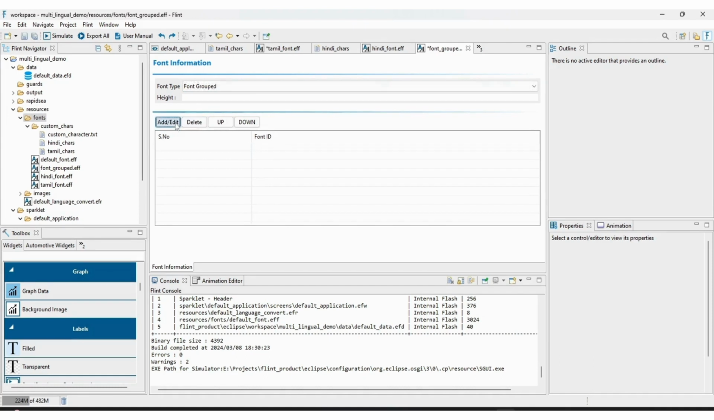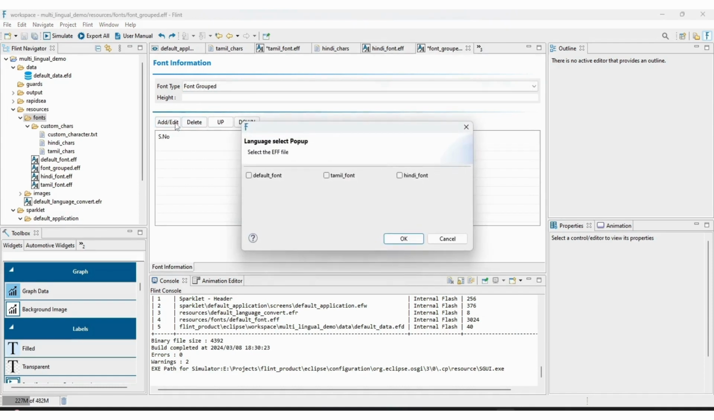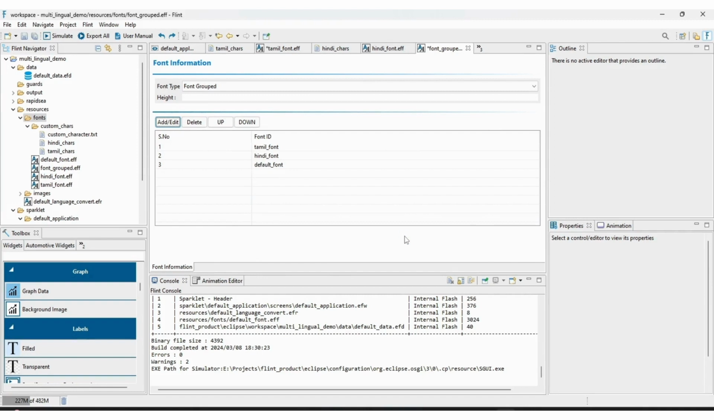Then click the Add or Edit button. The language selection pop-up will be opened. Select Japanese, Hindi and Tamil. Then, click OK and save. With this, just by using the grouped font group TFF, it is possible to display